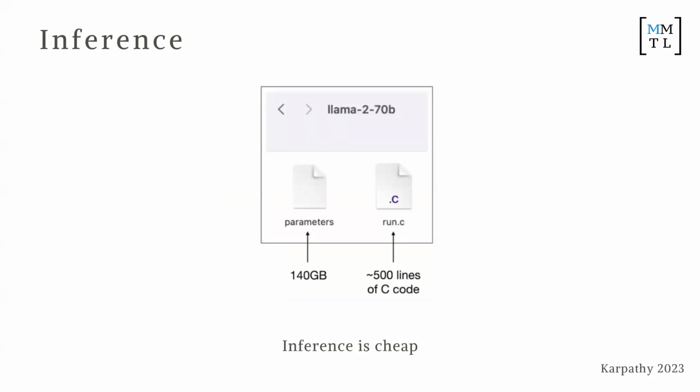So we've been talking about files this week. And you actually only need 2 files to run an AI program now. The first is the parameters, which is a massive file, which is just a series of numbers. These are the weights in the neural network or the transformer architecture. And then you actually only need 500 lines of C code to run it. Why is it written in C? It's because C is a very fast language. Python is actually C under the hood, right? It just allows you to run it very, very quickly.